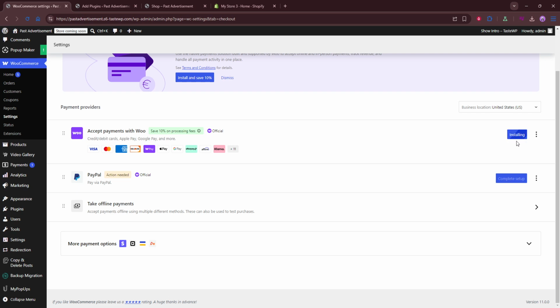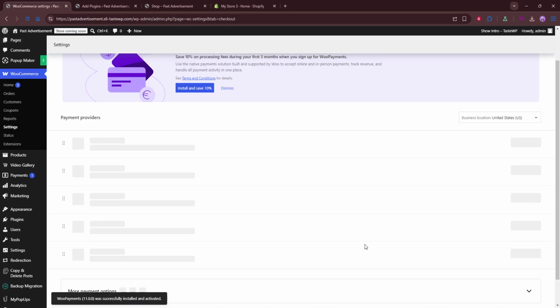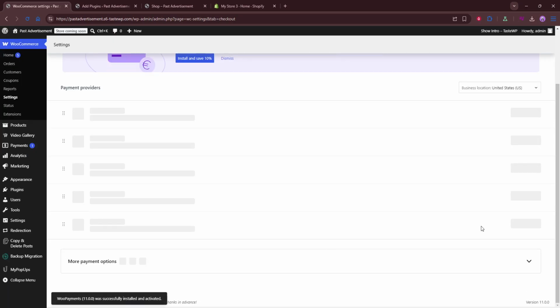After enabling a method, open each payment gateway one at a time and complete its setup. Every gateway has its own settings, so make sure you read each field carefully. Usually, you'll be asked to connect the required payment account or enter the necessary API credentials. This step is essential because without a proper connection, the payment method may appear at checkout but won't actually process